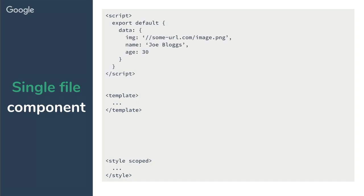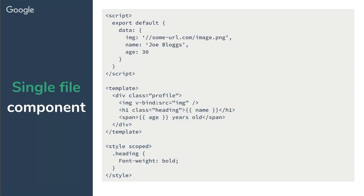You have 3 tags. You can define your options at the top. In the script tag, you have a template tag for your template, and you have a style tag for any styles. At the moment, we've only really seen string templates. Syntax highlighting is not great. Yeah, it's not fun. Whereas when you put it in a template tag and just write effectively what looks like HTML, you can get